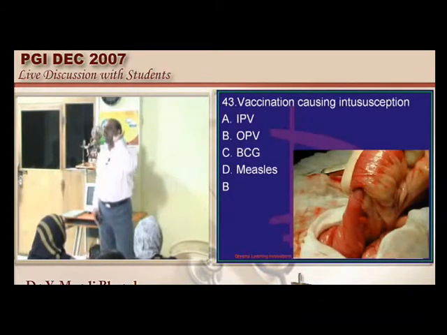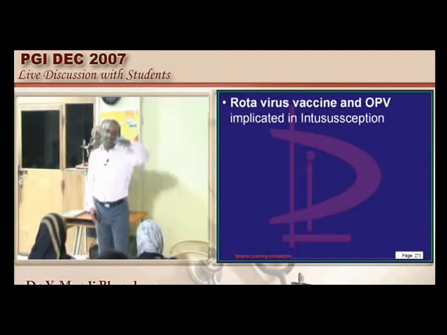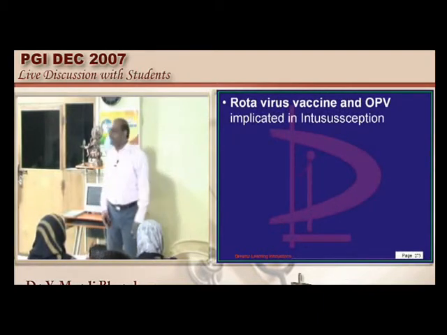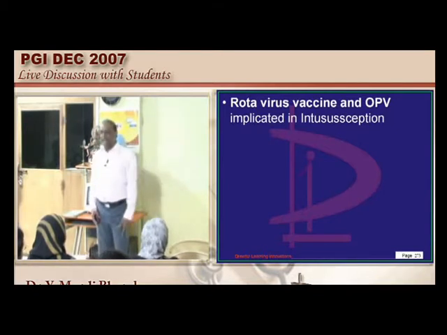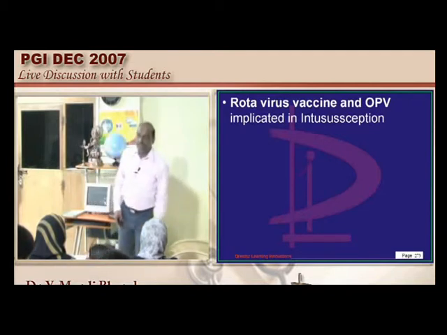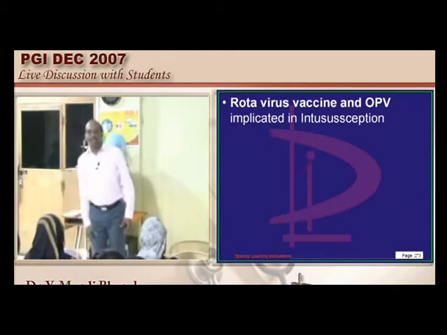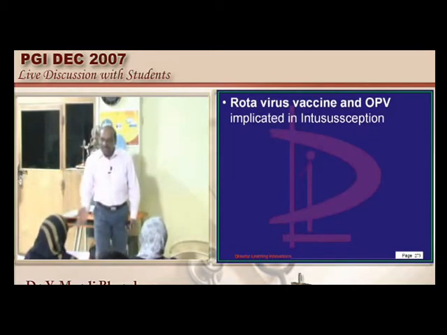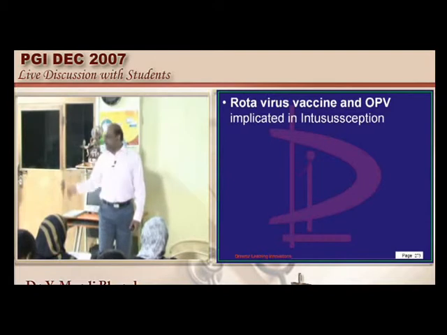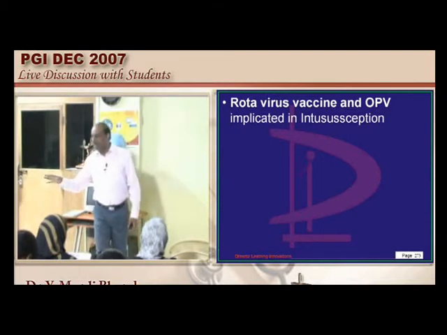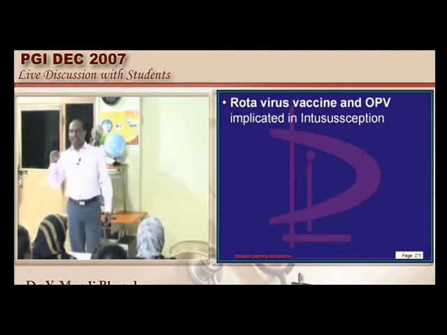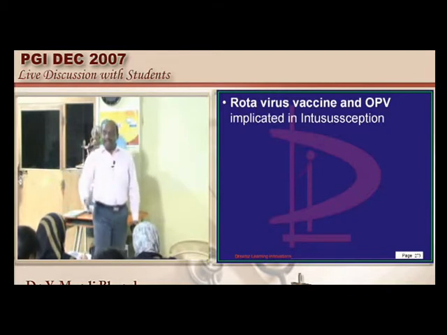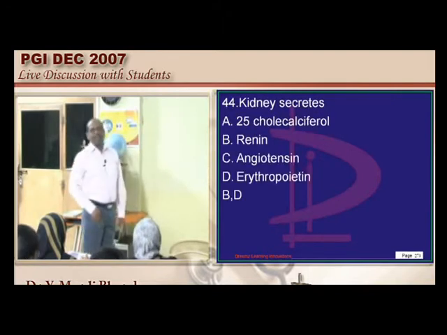Can vaccination cause intussusception? I mean, is there any relationship between Narmada Dam and somebody becoming pregnant? There is no relationship. But still, studies show that if you give OPV, there is increased incidence of intussusception in the population. So they have implicated OPV and intussusception also. It is still not proven, but it became an entrance question. Even rotaviral vaccination, though we don't practice it, in developed countries they do, is also associated with increased incidence of intussusception, which needs to be remembered.